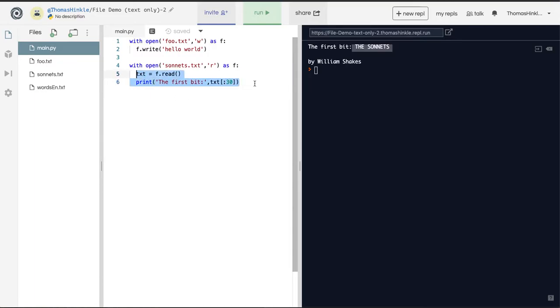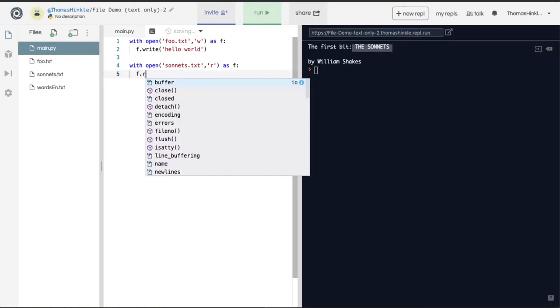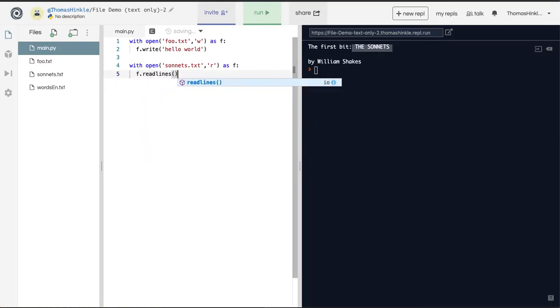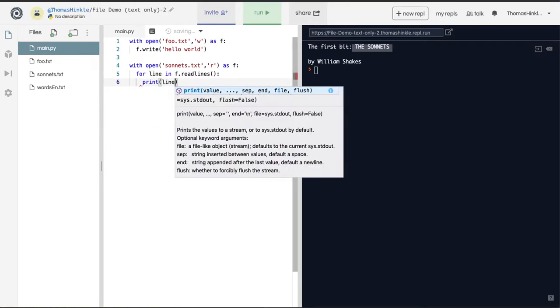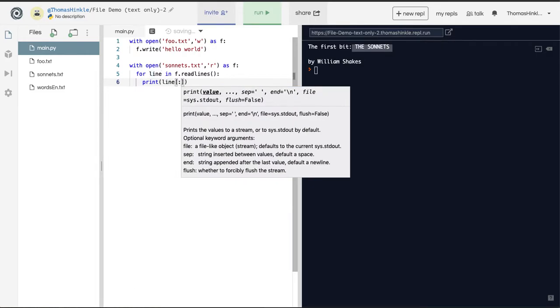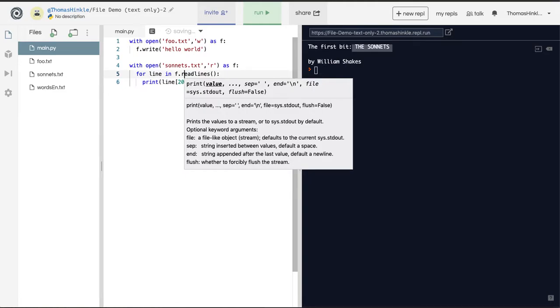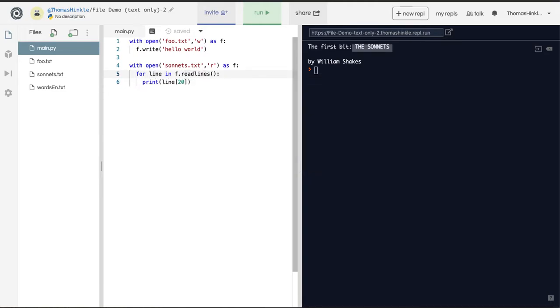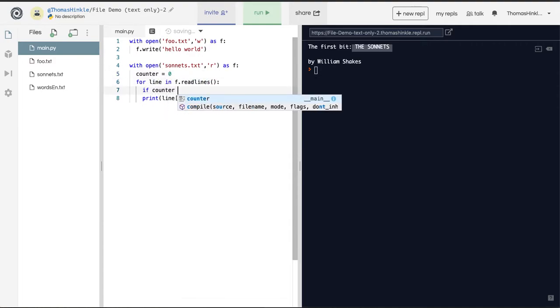Also very convenient is you can use readlines to get a list of the lines. And then you can say for line in readlines, print line. And I don't want to print the whole thing, so I'm just going to make a counter. All right, so what I just did is I said, let's make a counter, set it to 0, loop through